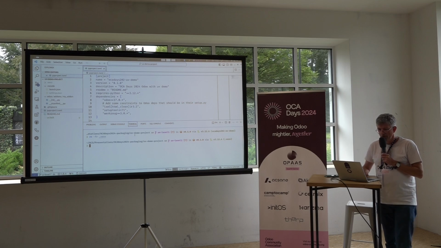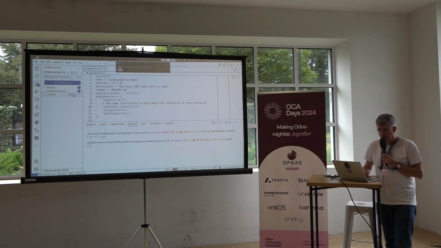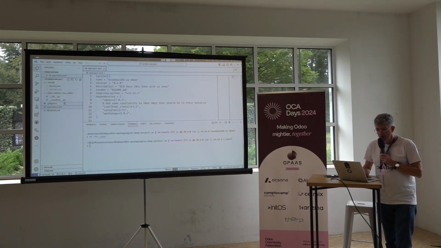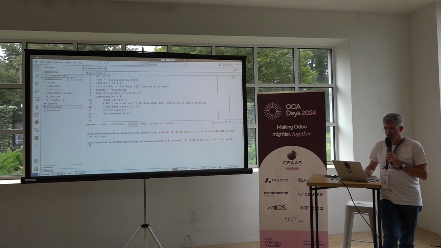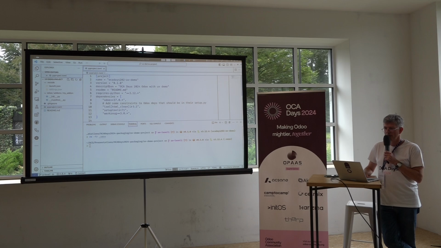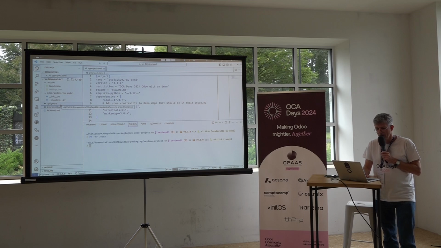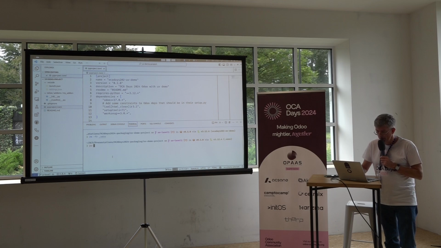I'm going to remove this log file. So basically in this project, all I have is this pyproject.toml that I just showed you. And I also have a custom add-on, but it doesn't matter for this little demo. So I remove the virtual environment, and I type uv run odoo. And if the gods of the demo are with me,